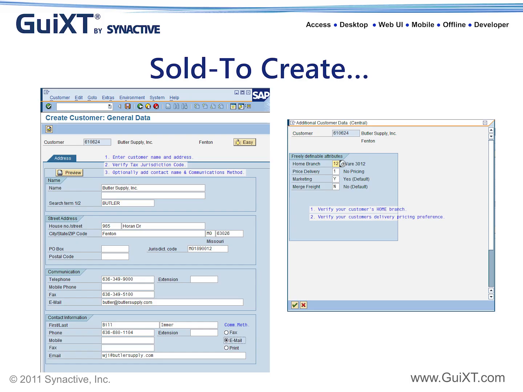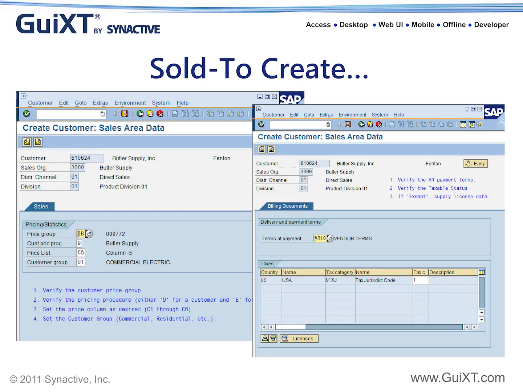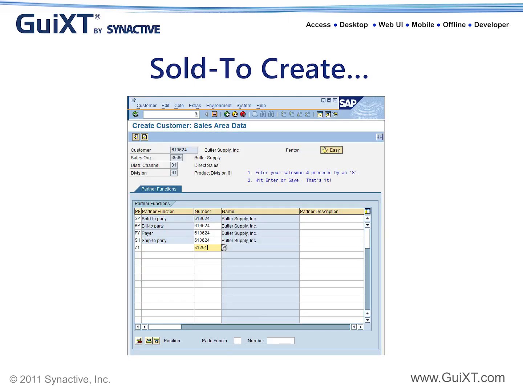Next, after he hits enter, he'll be taken to the attribute screen automatically. He doesn't have to go through the menu. This will just pop up. And notice how we now have descriptive accounts of what each of these are. Hitting enter will take him to the customer sales area data screen, where he sees all of the information that we require. Enter will, from there, take him to the tax screen with instructions in blue. And one final enter will take him to the area where he'll put in the